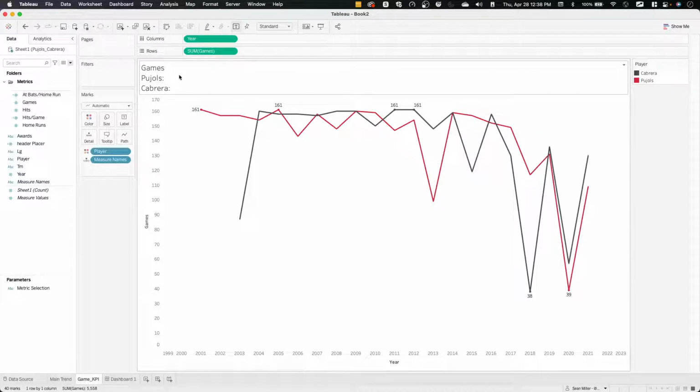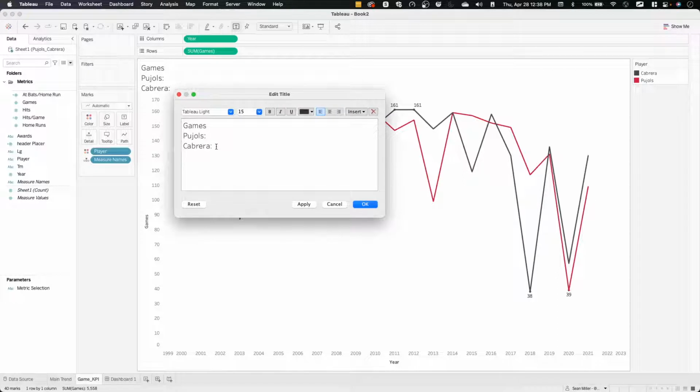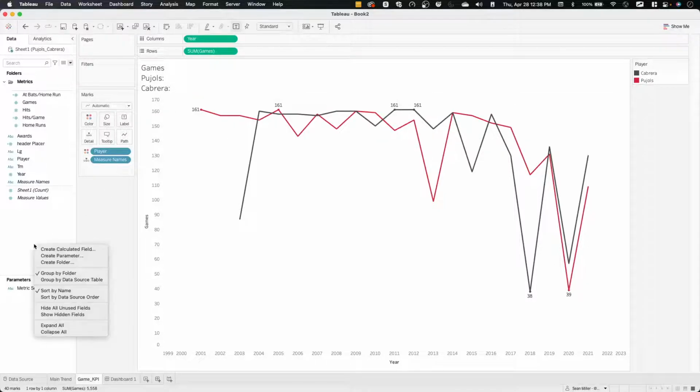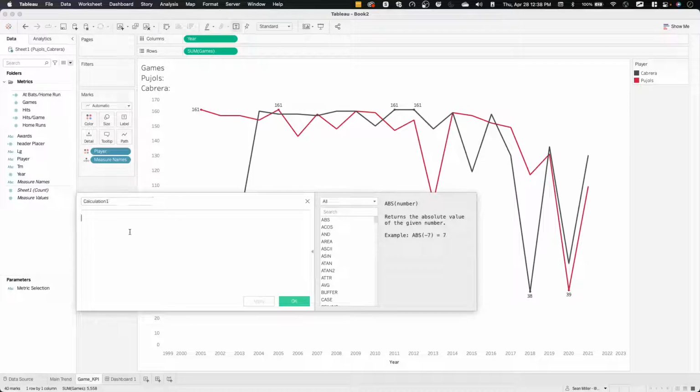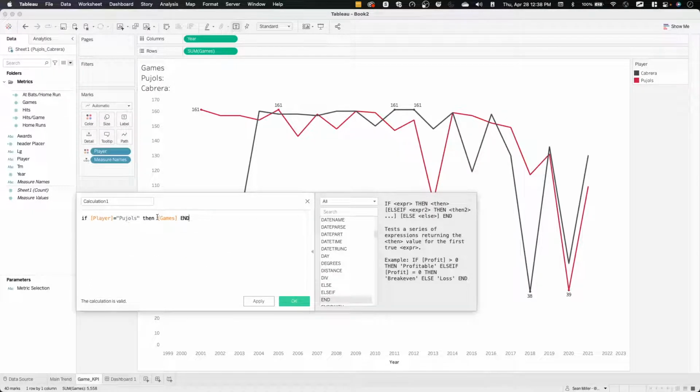And so now what I need to do here is format this, right? So we've got Pujols in red and Cabrera in there. And then what we need to do is create separate calculations. So if player equals Pujols, then games, and what we need to do here is sum this,